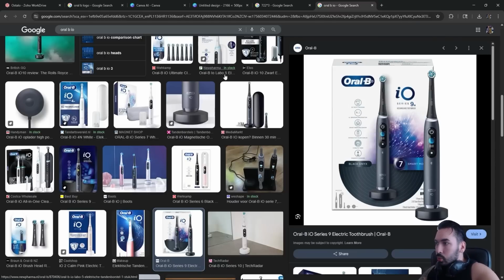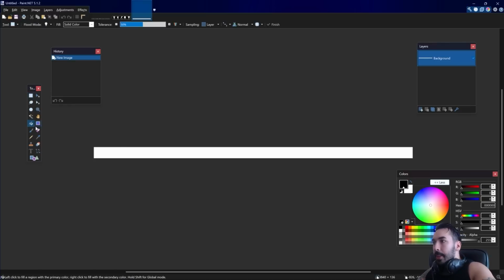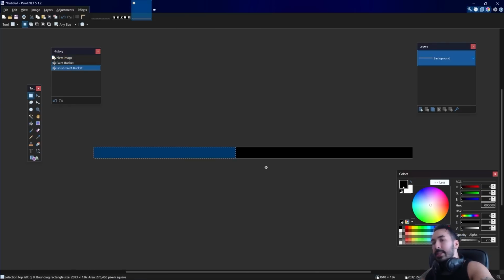That might be pretty cool. So then I opened up my favorite image editing program, Paint.NET, but you can use anything else. You can use Canva, you can use Photoshop, whatever, it doesn't really matter. This is pretty simple. I made a black bar, and if you want to know the exact dimensions that I